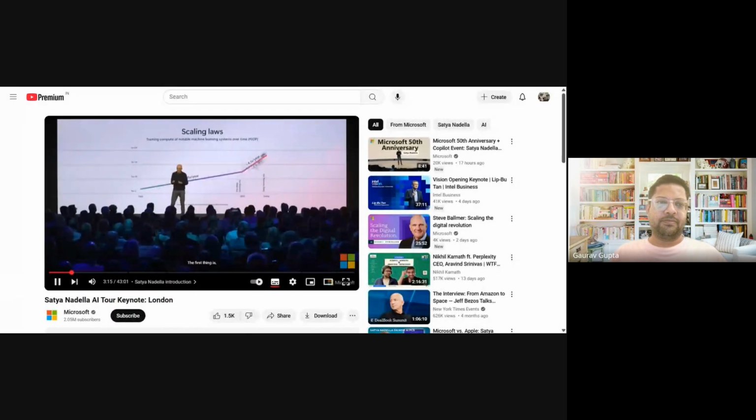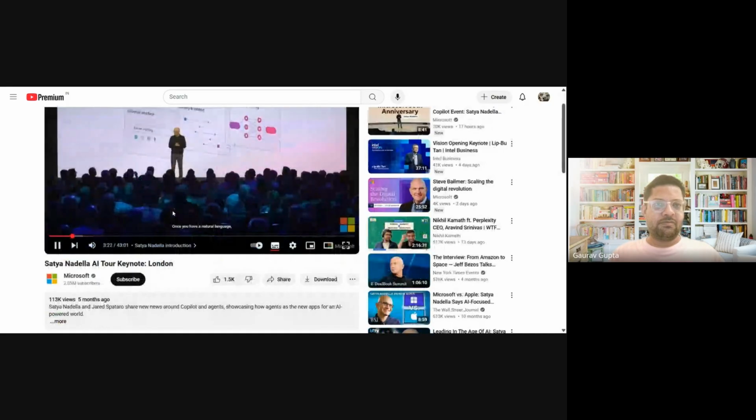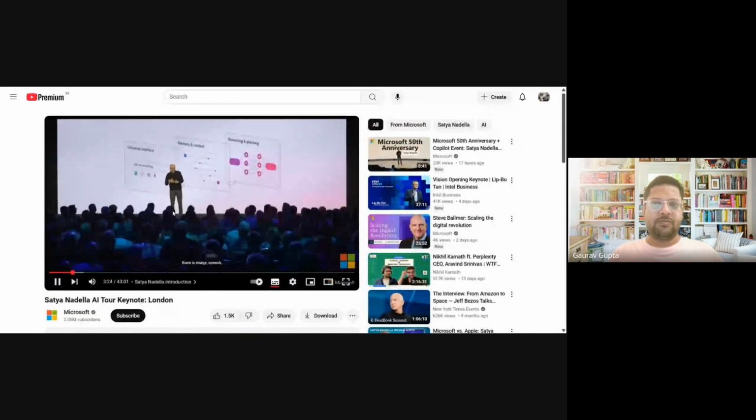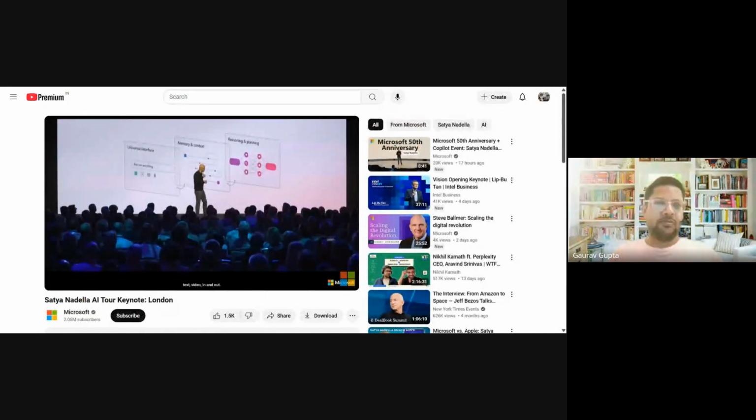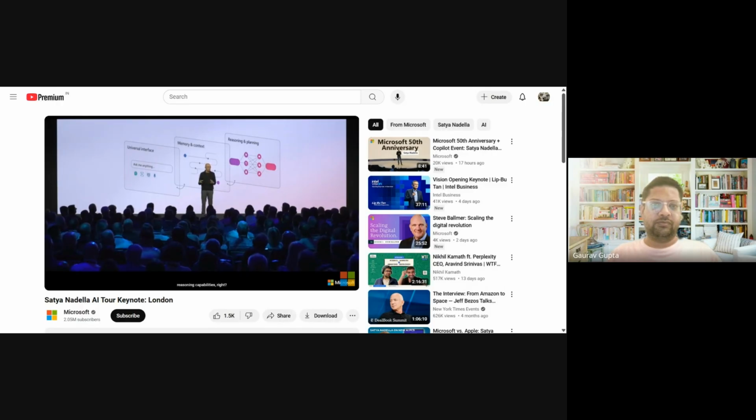The first thing is, I think computing interface, as we know of it, is fundamentally changing, right? Once you have a natural language, which is multimodal even, there is image, speech, text, video in and out. That means every computer interface is going to change. You have increasing reasoning capabilities. If you look at even what just came out with O1, it just gives you, whether it's planning, reasoning capabilities, right? For 70 years, computing history has been about digitizing people, places, and things and making sense of it. We now have a new reasoning engine to make sense of it.